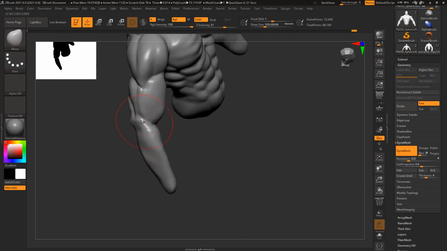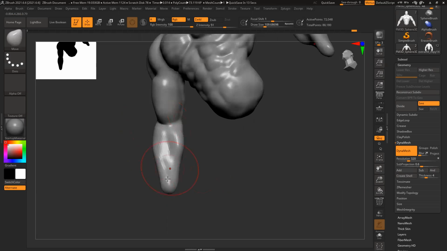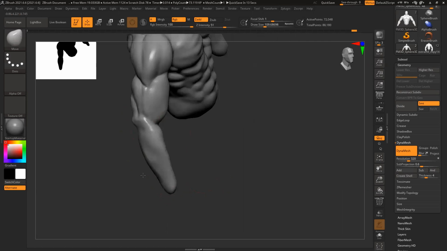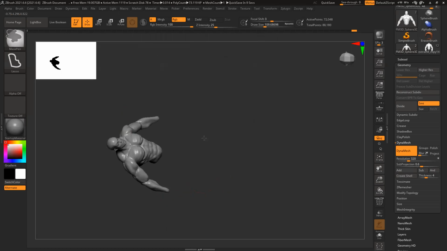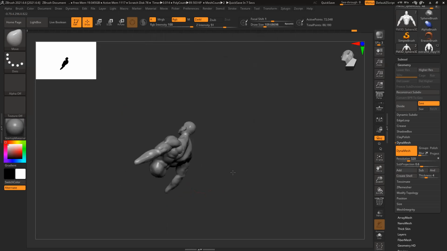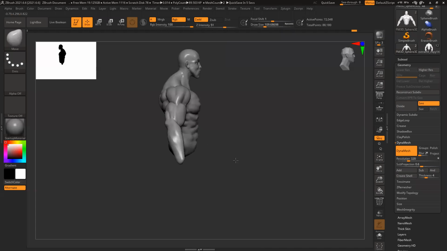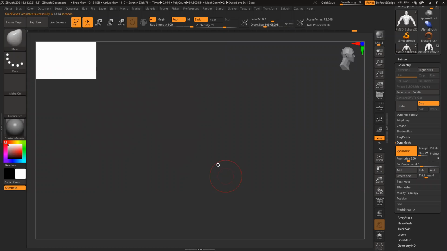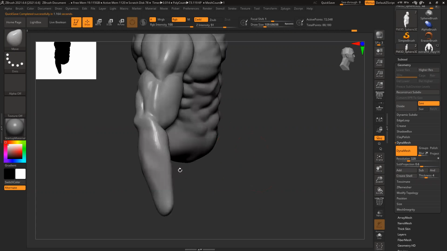There are two bones basically. One starts from here and goes till the wrist, and another starts from this side and goes till the wrist. So two bones, slightly curved. Okay. Slightly more rounded here.